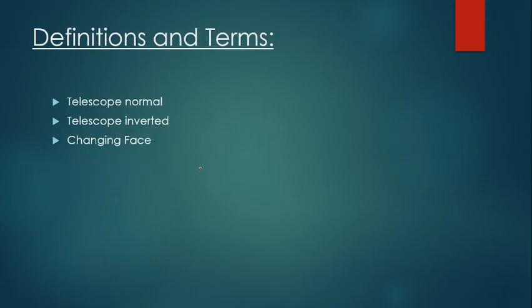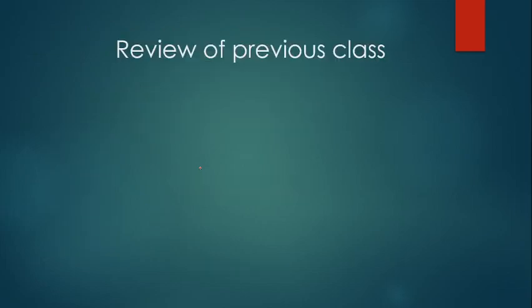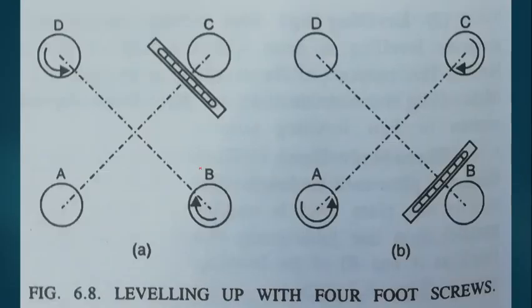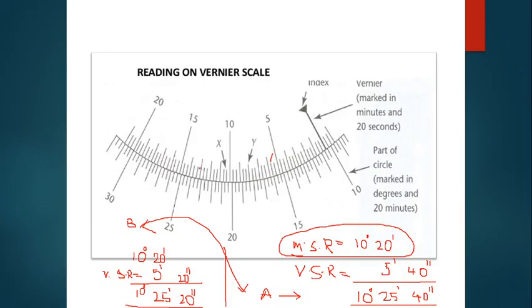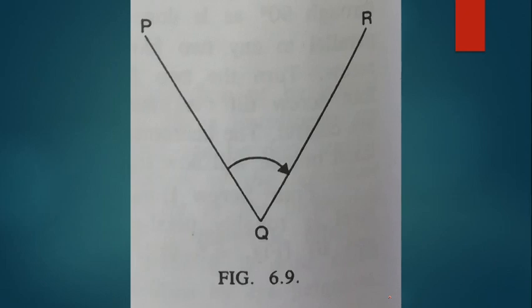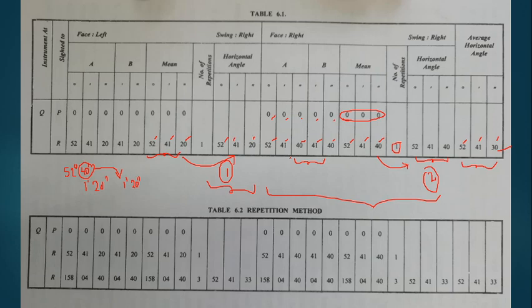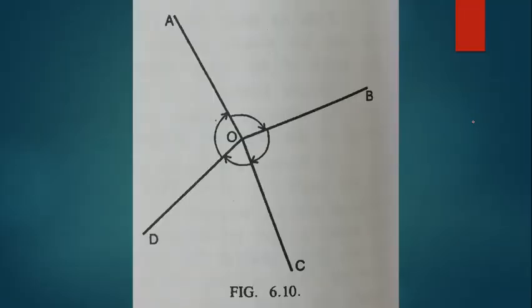Hope today's lesson is understood, and I want to go through it once again. Today we mainly focused on how to read a vernier scale, let us say vernier A, B, or even C, D also. How to take the main scale and vernier scale reading, and then take the final reading at vernier A and B. We have also covered the general procedure of calculating horizontal angle, and we have familiarized ourselves with the tabular form, the different columns, how we average, and how we calculate the average horizontal angle by using the general method.